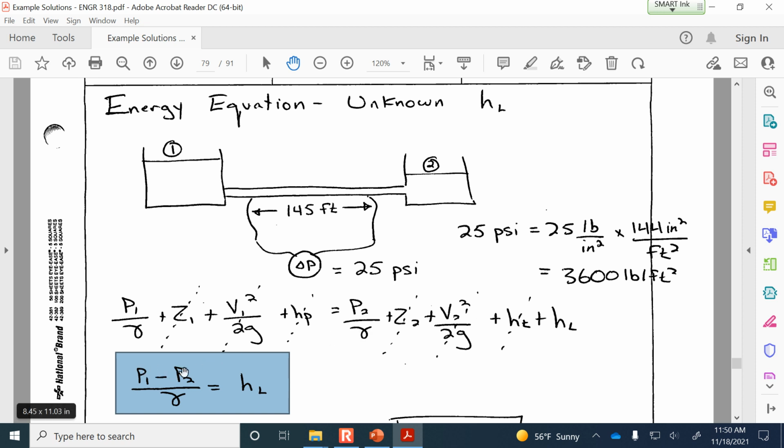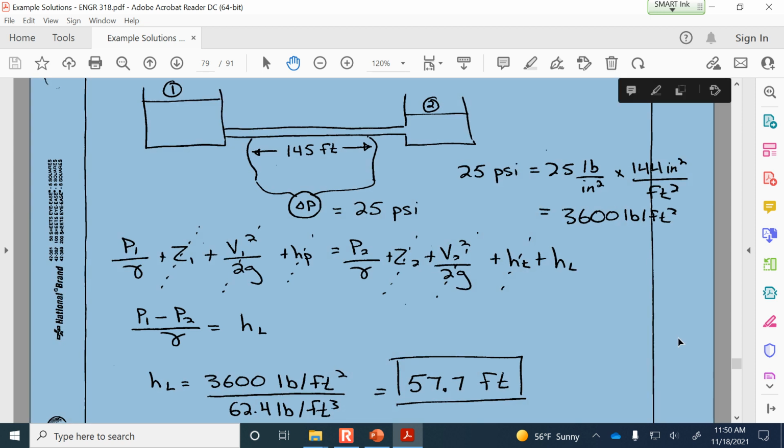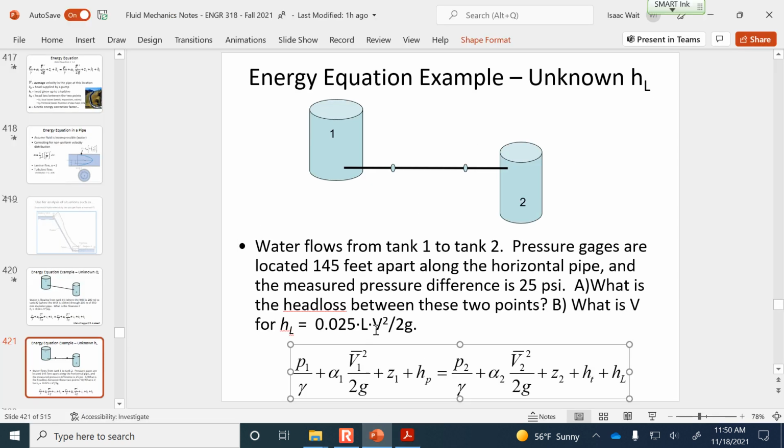So 3,600 pounds per square foot divided by 62.4 pounds per cubic foot. So the head loss should be 57.7 feet. That's just converting the pressure change into a head difference. Any questions so far? Okay, now the second part of the question asks,